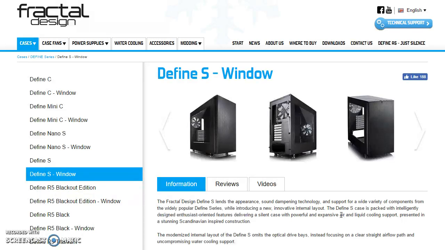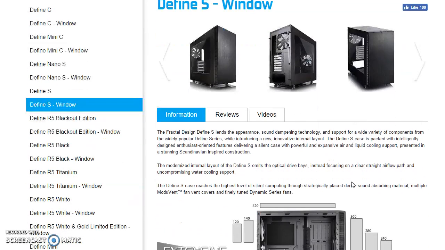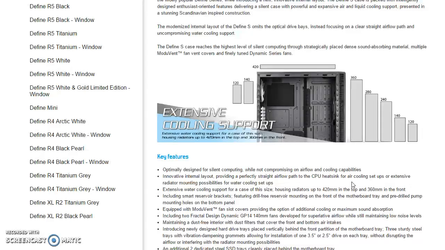So there's a few things that I really like about this case. One is that it's very modular. There are a lot of different things that you can do with it in terms of fan placement and water cooling and things like that. It seems that they've actually considered a little bit of sound dampening, although I think some of that is hype because there's really only one feature in this case that's anything to do with sound dampening. But the main thing that I like about it is the fact that there are no drive bays